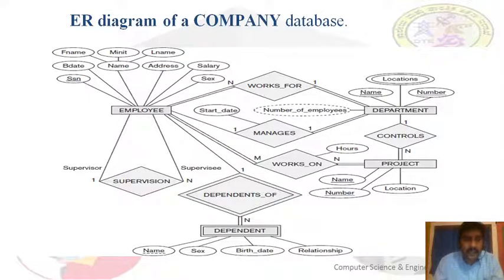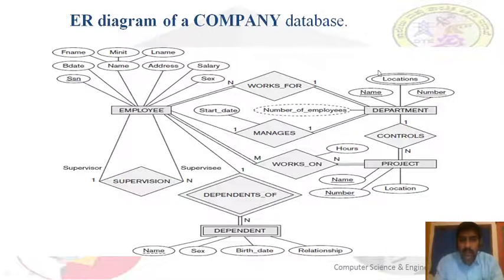In this ER diagram we also show the cardinality ratio of a binary relationship type, specified by 1, n, m on each participating edge. The participation constraints are specified by a straight line for partial participation and a double line for total participation. And here we have different types of cardinality ratio for binary relationships. We have discussed relationship types like 1 to 1, 1 to many, many to many, many to 1. These are the different types of cardinality ratio.